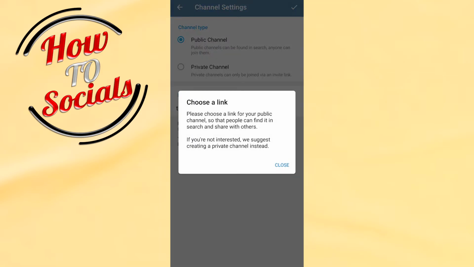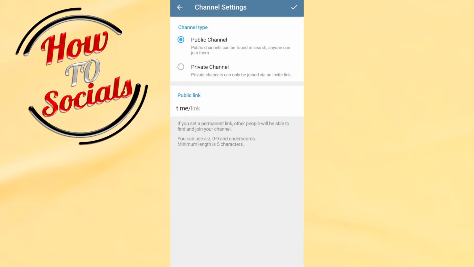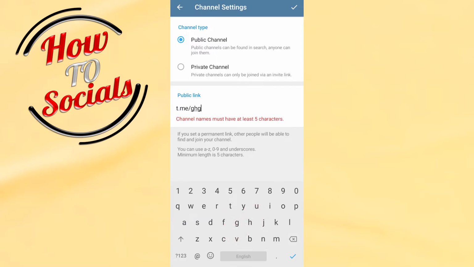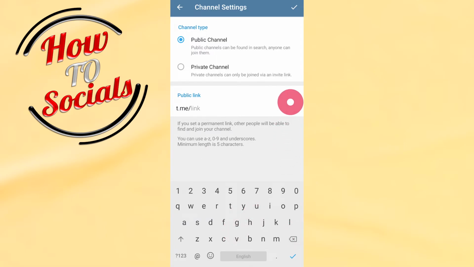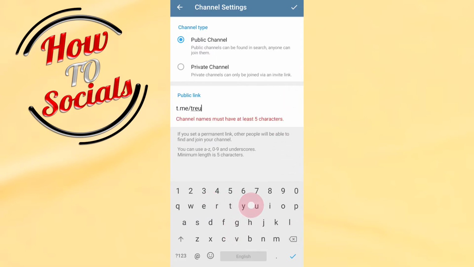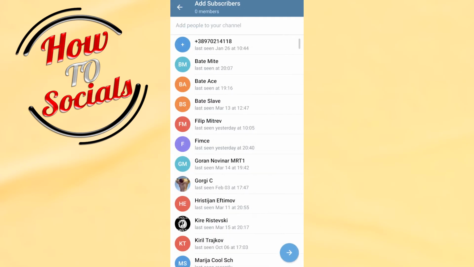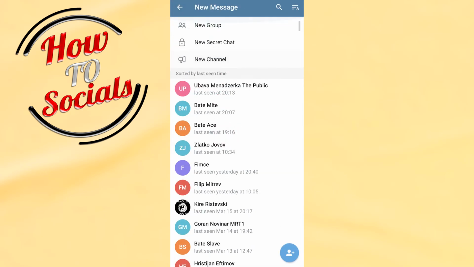Now you need to choose the link before you get the channel, and the link you need to add, for example, might have 5 characters, for example this one. And now as you can see, just tap on the tick on your right upper side and the channel has been